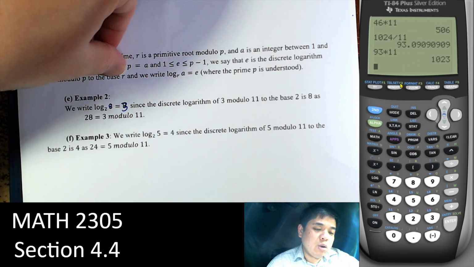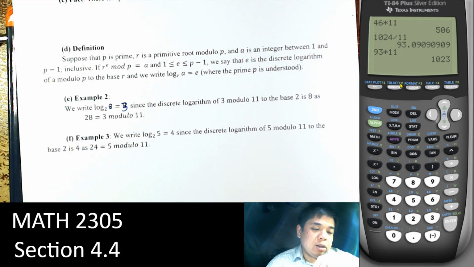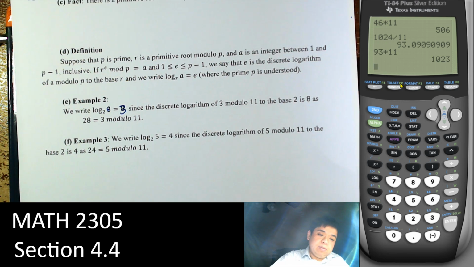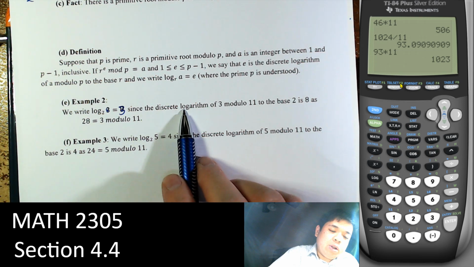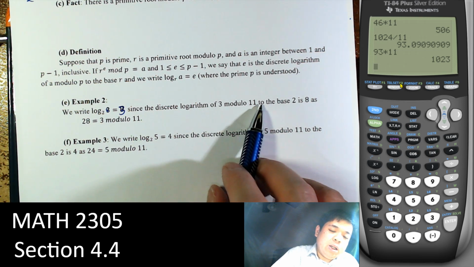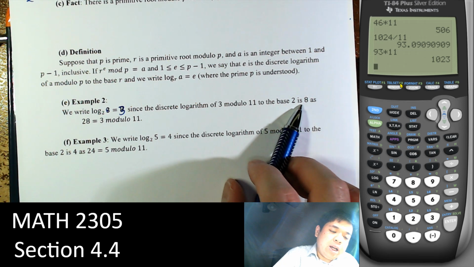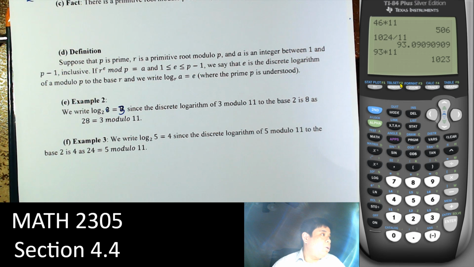So the base is the root. And we write log base r of a is equal to e. So here we say modulo 11, the discrete logarithm of 3 to the base 2 is 8, as 2 to the 8 is equal to